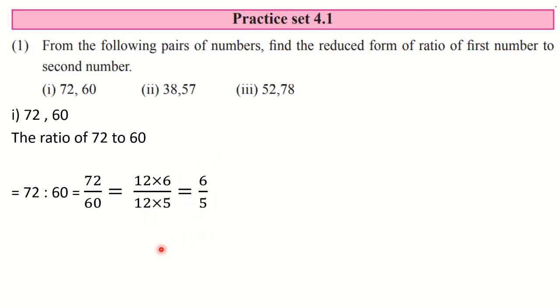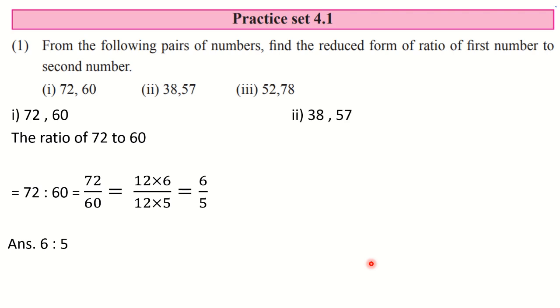Okay, but you need to write down ratio. So your answer should also be in the form of ratio. So write down the answer in the form of ratio, that is 6 is to 5. Okay. Keep the habit of writing the final answer according to the requirement. The way it is asked to be written, in the same way you should write it. Okay. Let us solve the second sum now.